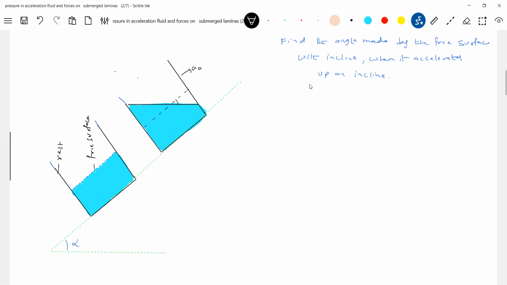Now let this be theta. This is theta. I'll proceed in the similar way. What are the forces that will be acting here now? If you want, I'll show it separately instead of messing it. So you can take like this. So this is the liquid free surface. The forces acting here are M a naught. What is M? M is small elemental volume, or dm. If you want, you write dm.